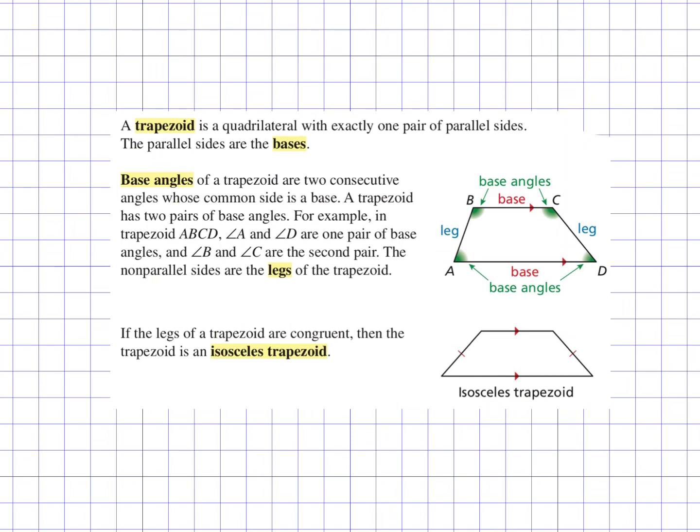A trapezoid is a quadrilateral with exactly one pair. And what's key here is that you understand it's one pair, not both sides. One pair of parallel sides. Those two sides are going to be called your bases. Okay? Now,